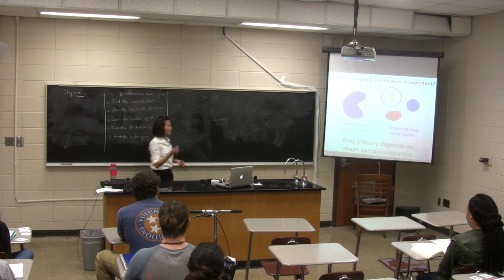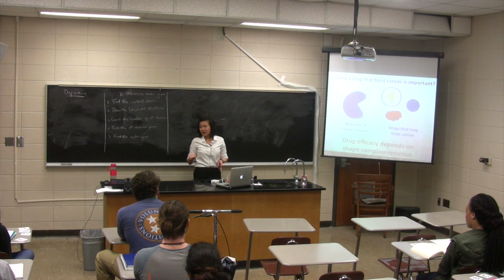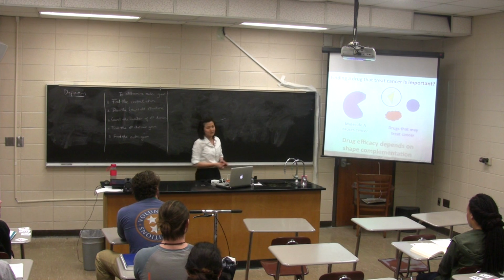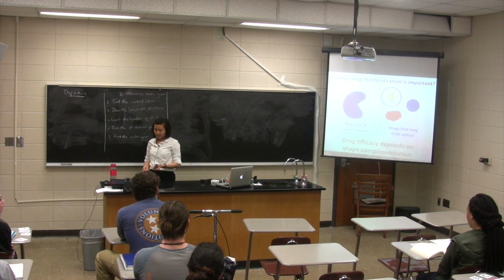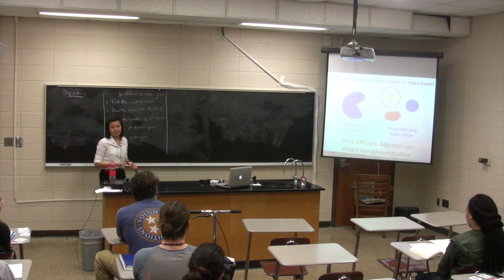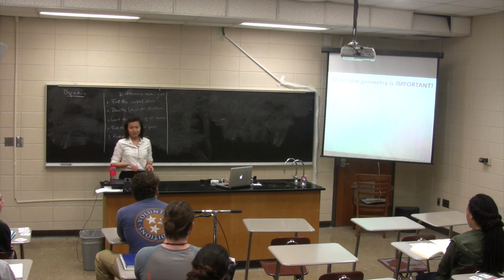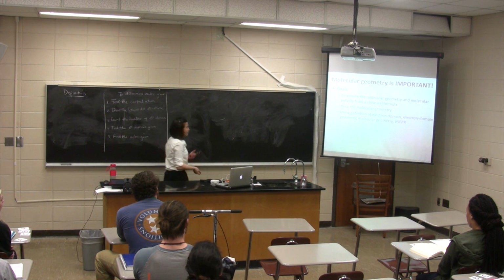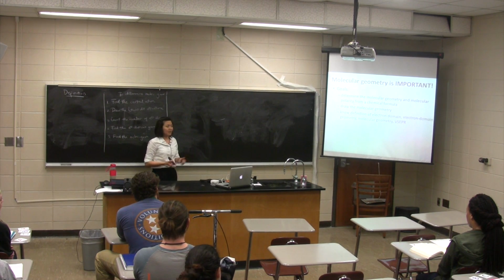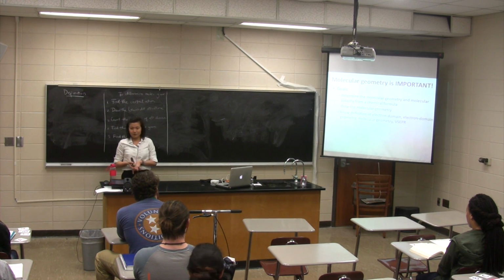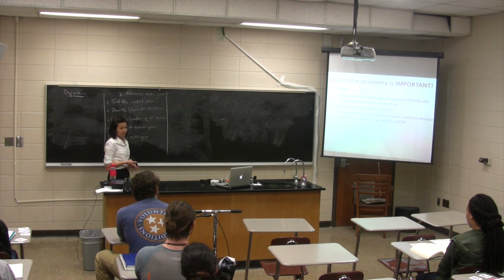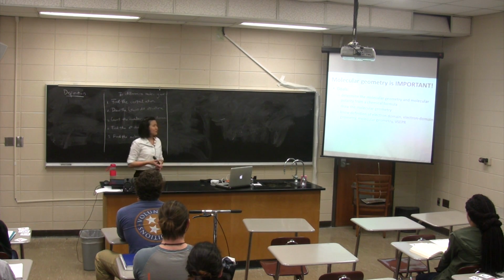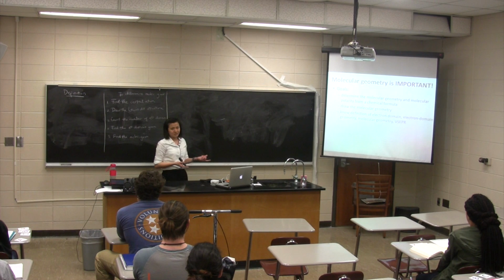So, as it turns out, drug efficacy depends on shape complementation. And the fact that this guy can fit right into this pocket allows it to be the most favorable drug. And so the shape of a molecule is essentially its molecular geometry, and we just established that it's important. Okay? So for today's class, the goal is you will learn to determine the molecular geometry and the molecular polarity from a chemical formula. You will learn how to draw the molecular geometry. And also you need to know the definition of a few terms, which we're going to do right now.